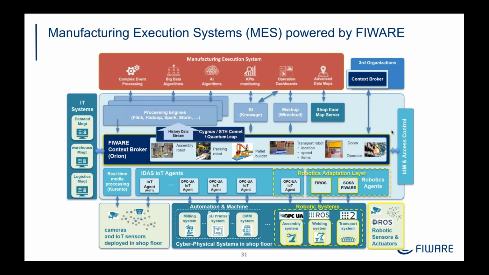through NGSI, but also be able to integrate data and information coming from third systems like the ERPs of the factory, the systems that are dealing with the demand, dynamic demand planning, or warehouse management, all together bringing information and creating that digital twin representation that may help to support manufacturing execution system functionalities on top of that, leveraging on the ability to integrate components that may perform processing based on big data and AI technologies, or use advanced dashboard monitoring tools, and so